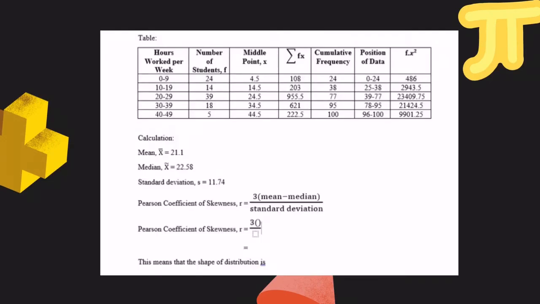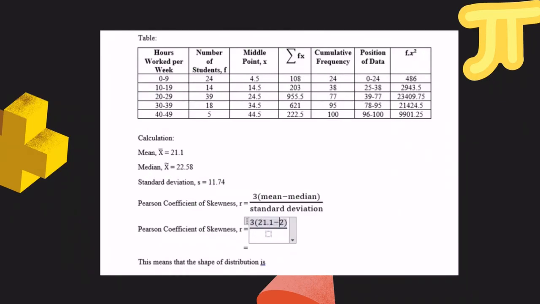The last one is how to identify the shape of the distribution. To find the shape of the distribution, we need to use the Pearson coefficient of skewness formula. The formula is 3 times (mean minus median) divided by standard deviation. We just need to fill in the formula as we already got the mean, median and standard deviation values in the previous questions. So, to calculate the Pearson coefficient of skewness, it is 3 times mean, which is 21.1,